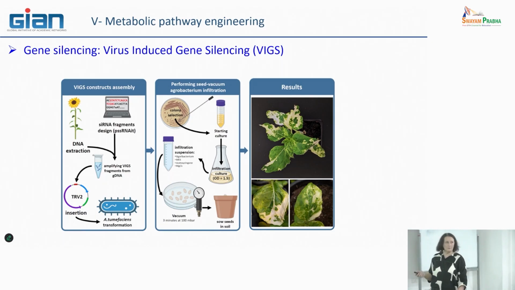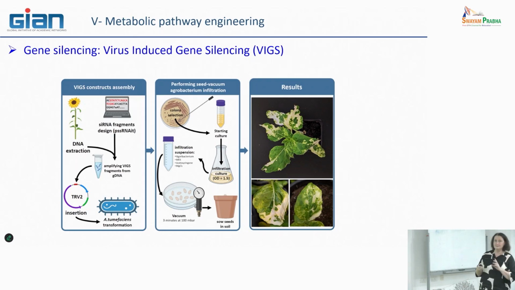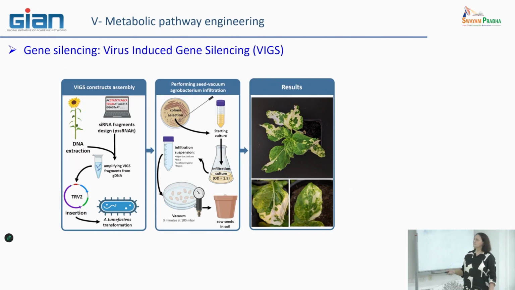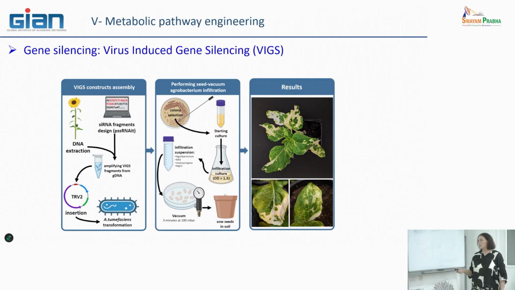So the idea of the workflow is quite easy. You always have to know the sequence of the gene you want to target. By computer, you can design the sequence that could be the best to target it for silencing. And after that, you amplify this fragment in a specific plasmid of the virus. Okay, so you enter this sequence in the virus. This plasmid is also used after, sometimes for the virus by itself or with Agrobacterium tumefaciens.